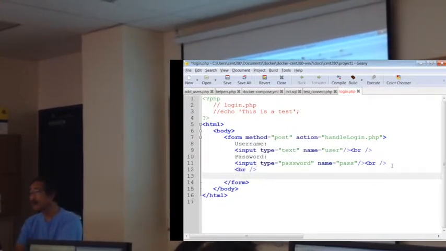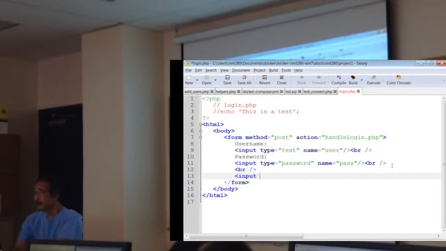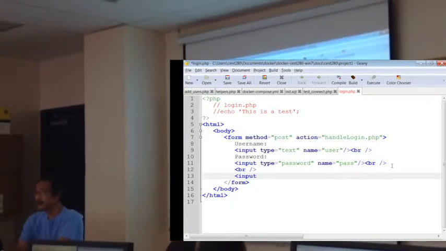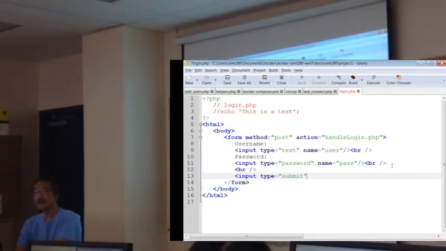Now the submit button, the standard way of putting it in is it's another type of input. So it's still an input element, but when you put the type, you say the type is submit. Then I'm going to specify the value, and the value is just the text that shows up on the button. So if I put OK here,